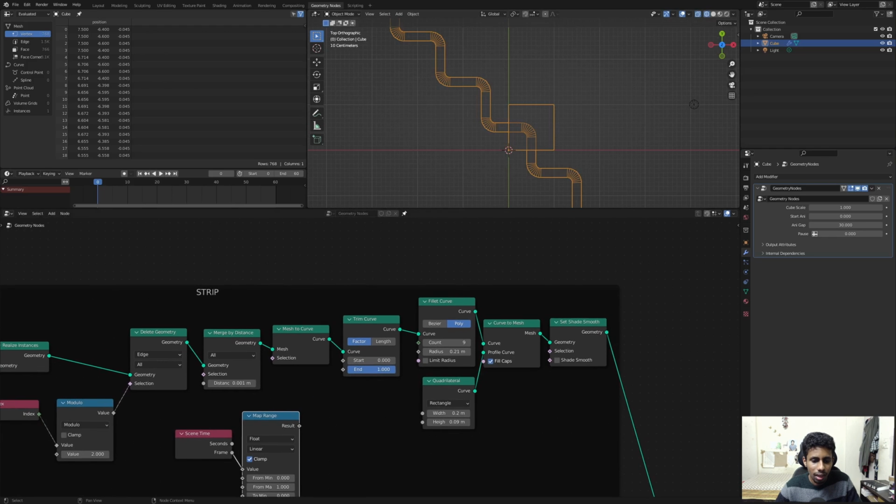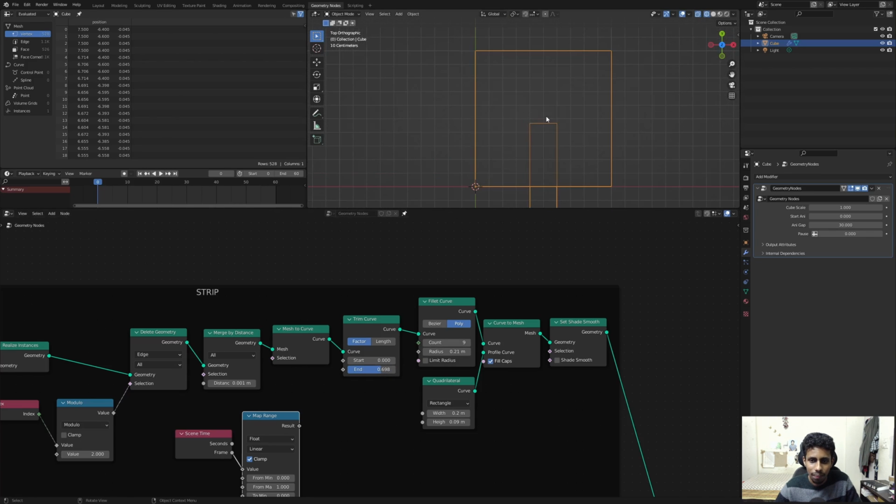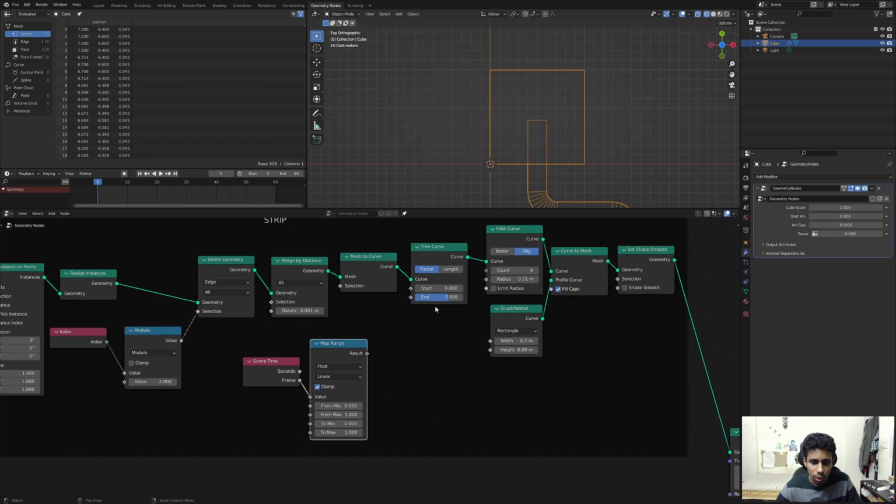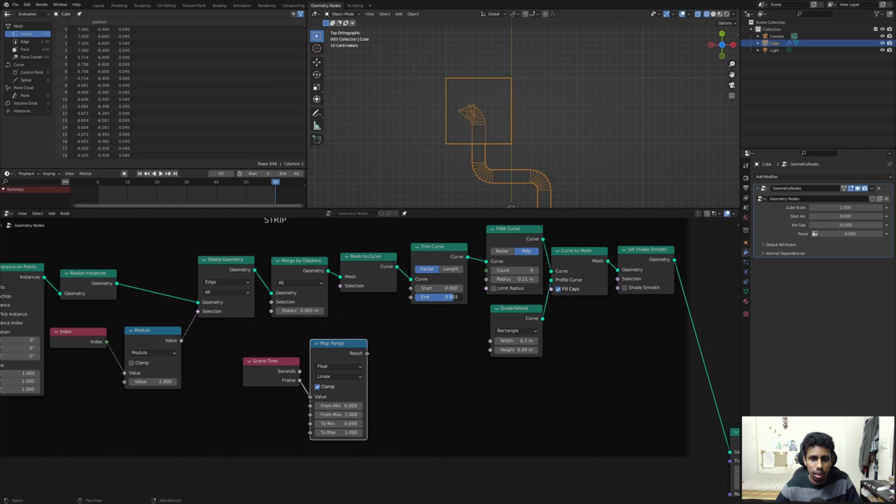So let's just bring the end closer, right? So holding shift, and I think this is pretty cool. Something like this. Make sure it is at the center of it, right? So this point, 0.698. So let's just set the To Min value to 0.698, and at the end at frame 60, let's just increase this and set this to something like,